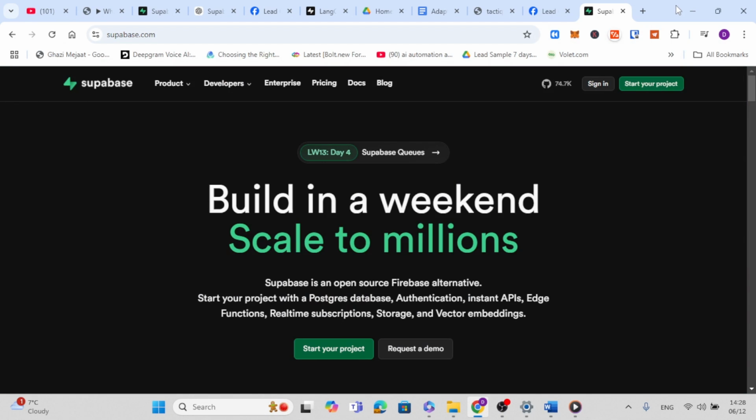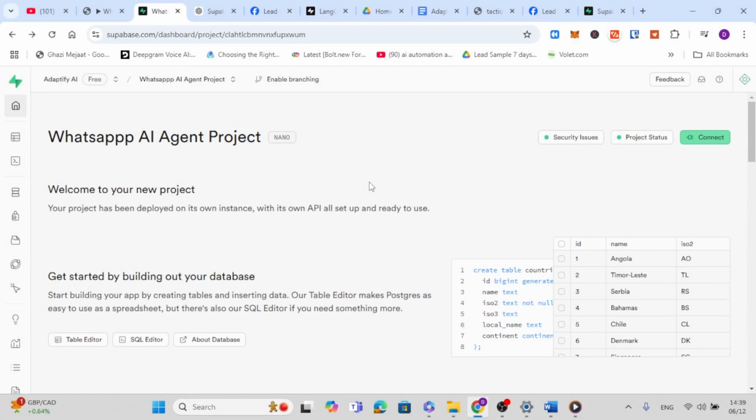To start, head over to supabase.com and log in. If you don't have an account yet, just register and create one. Once you are in, we need to create a new project. So click Create New Project,